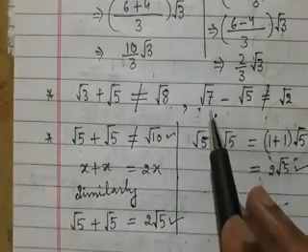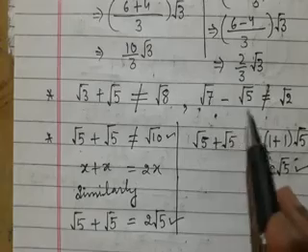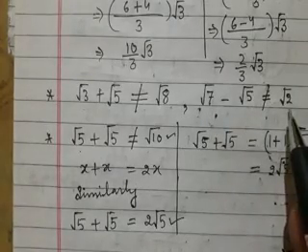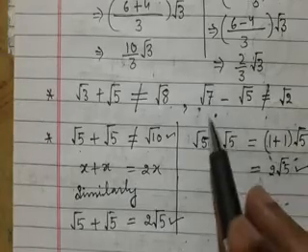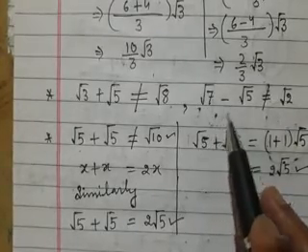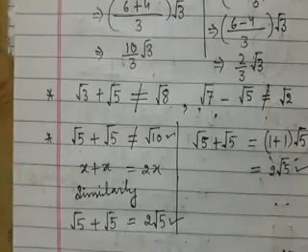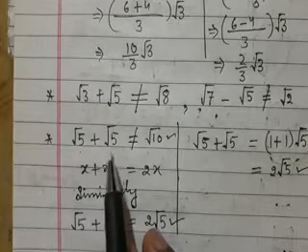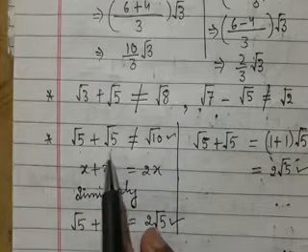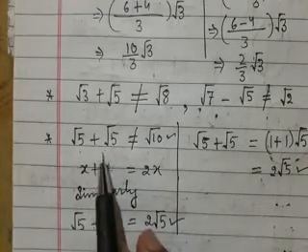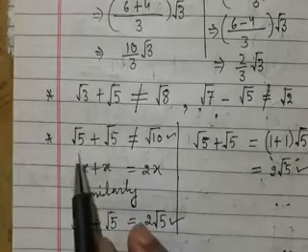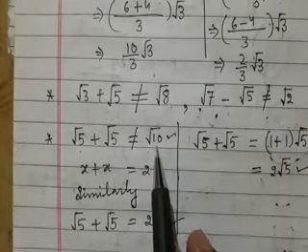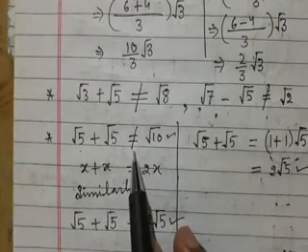Likewise, you take here root 7 minus root 5. So we cannot write root 7 minus root 5 is equal to root 2. It is wrong. These cannot be added as their irrational parts are not same. Now take here two irrational numbers root 5 and root 5. So they are like irrational. They can be added, but root 5 plus root 5 will not be root 10. If you write root 2, then again it is wrong.